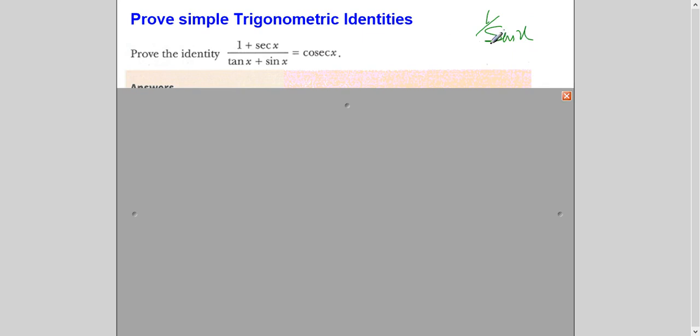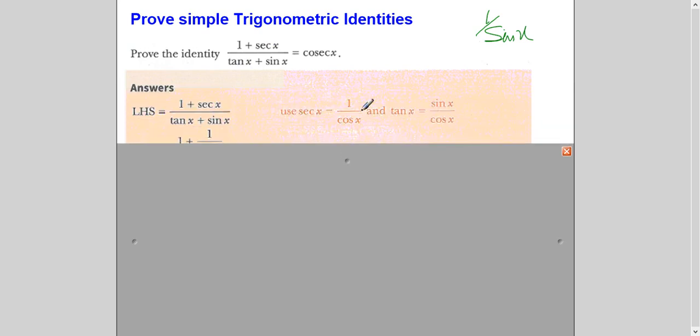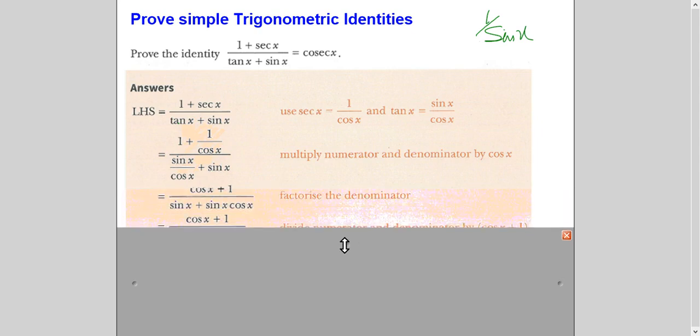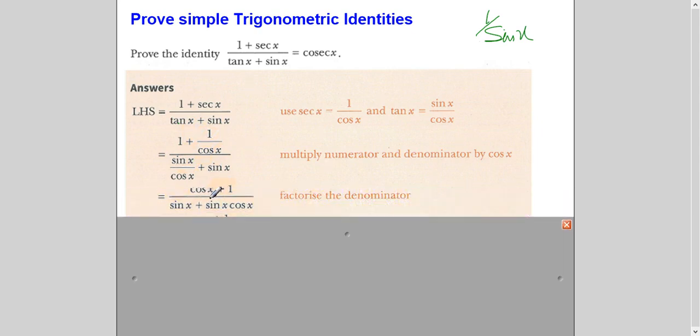So I have in my mind from here that I need sine on this side. So instead of sec, I will write 1 over cos. Instead of tan, I will write sine over cos. Right? Applying these identities, I will replace the values here. We have just seen these identities. After applying the identities, now in the fraction, in the numerator you have a fraction, in the denominator you have a fraction. So you have to basically take LCM in both numerator and denominator, and you will get this.